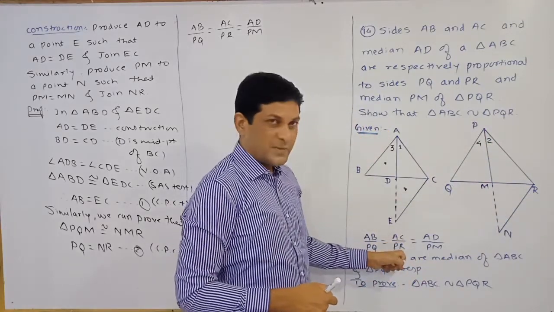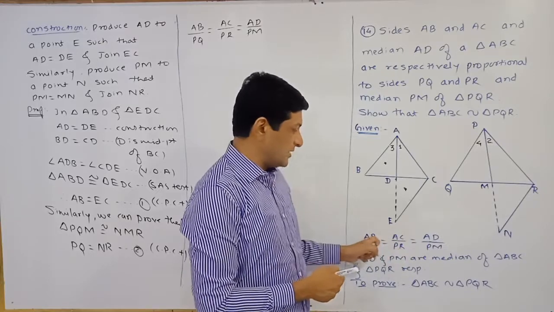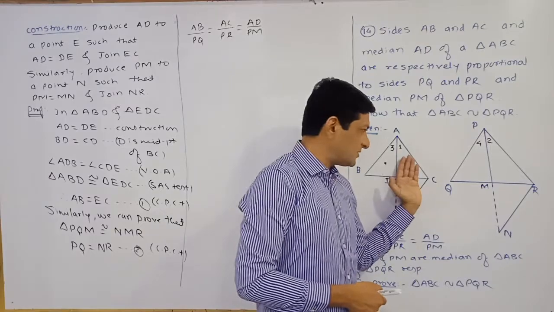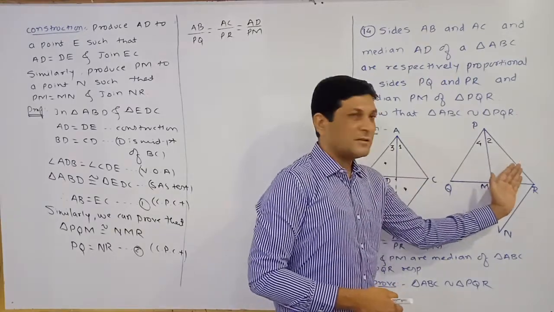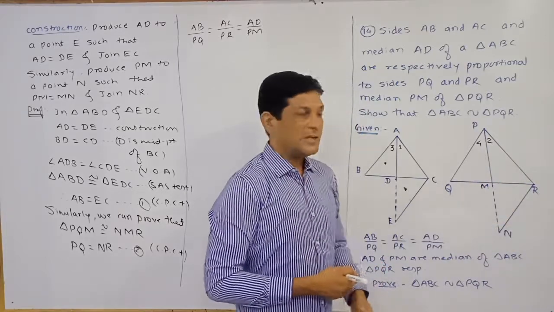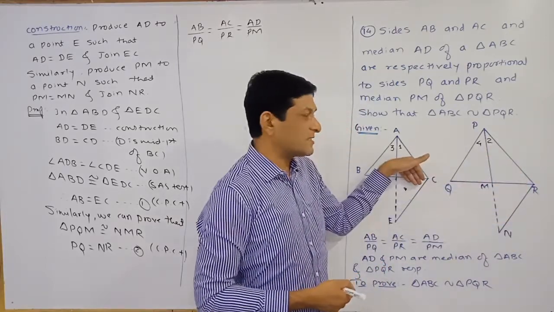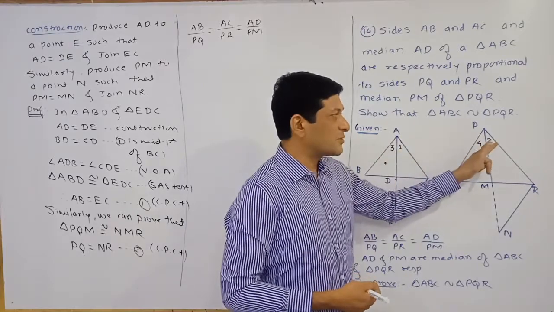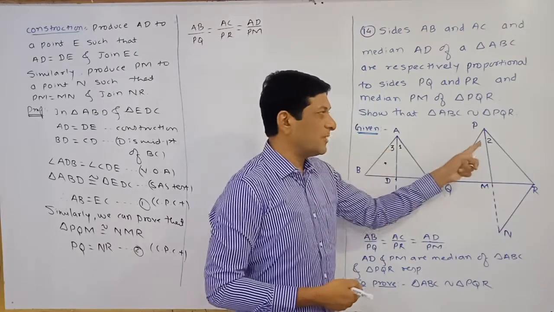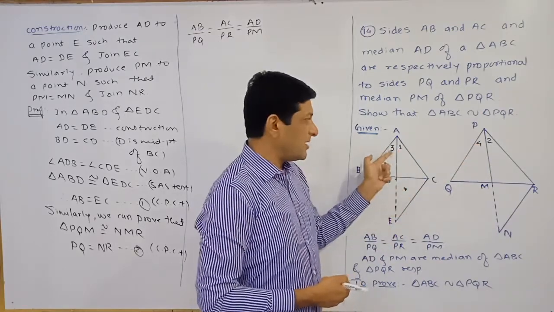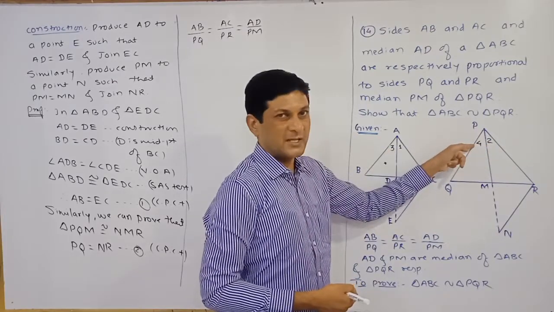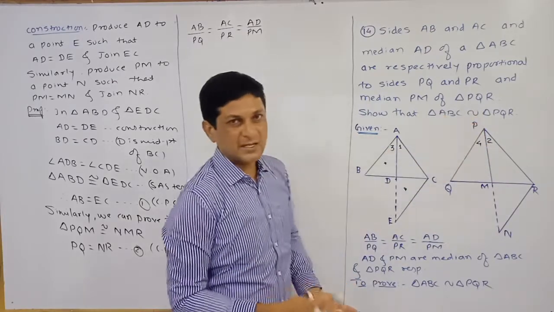Now we will try to show that this AC upon PR ratio will be equal to AB upon what? PQ. Means using this condition we will try to show that the corresponding three sides of this triangle are proportional to the corresponding three sides of the second triangle. And if we are able to show that these two triangles are similar, we can say that angle 1 will be equal to what? Angle 2. And by the same method we are able to show that angle 3 is equal to what? Angle 4. And by adding these two equations, we are able to show that whole angle A will be equal to whole angle P, so that we can say that these two triangles are similar.